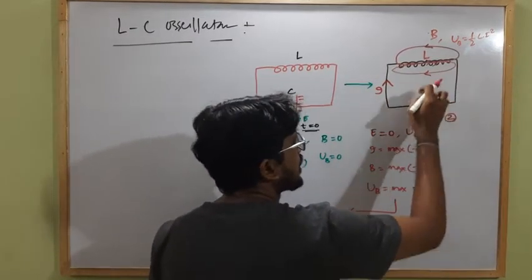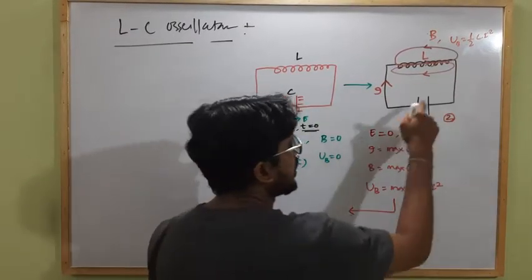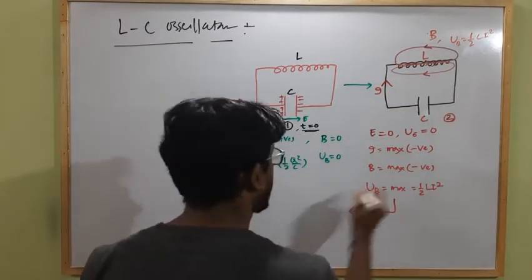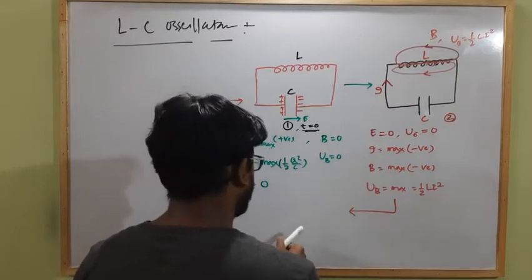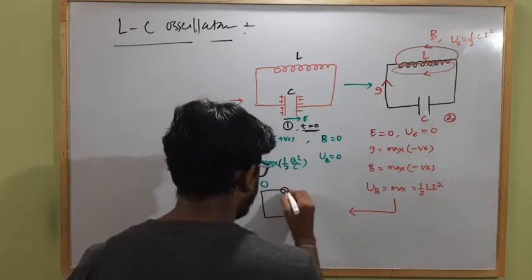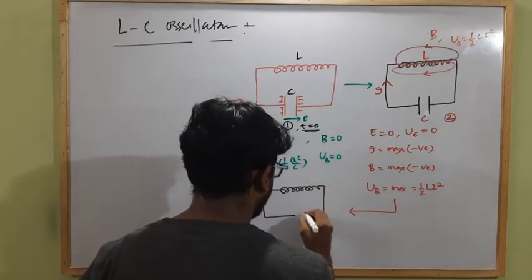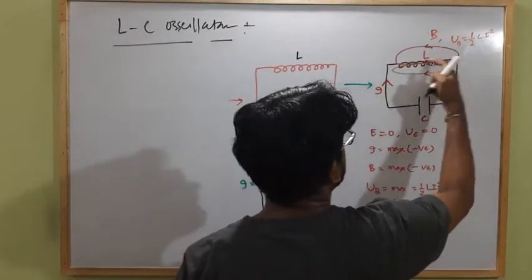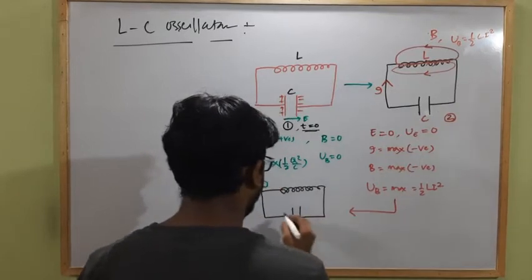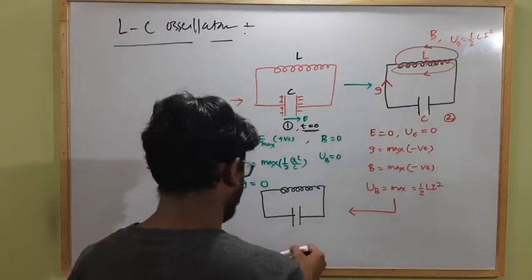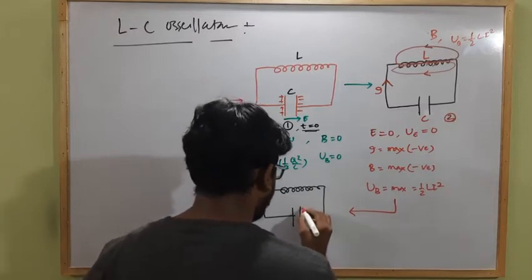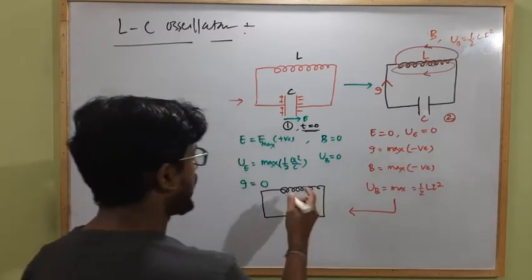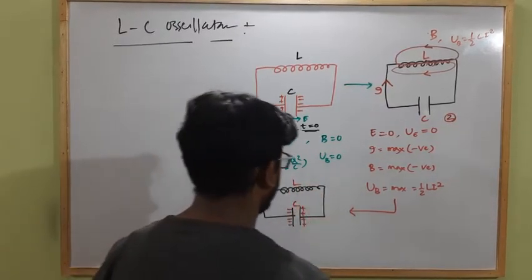So gradually the capacitor again starts recharging, but at this stage the recharge of the capacitor will be in the opposite direction. So what will happen next? In the next case the capacitor will be recharging in the opposite direction. This will be the condition, as the inductor utilizes its energy to increase the current flow along this direction. So the capacitor will get completely charged like this. So here again, this is the inductor of inductance L and the capacitor of capacitance C.